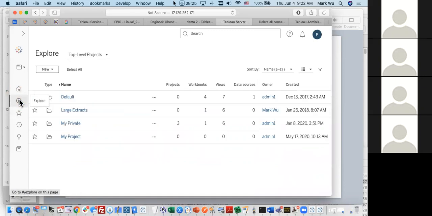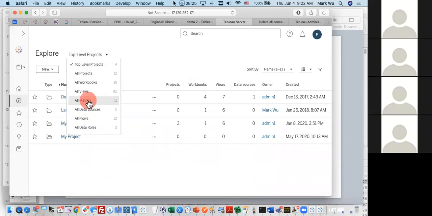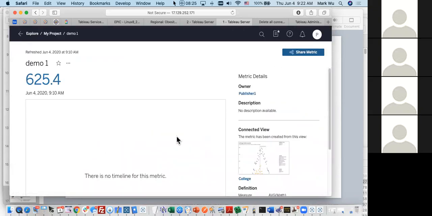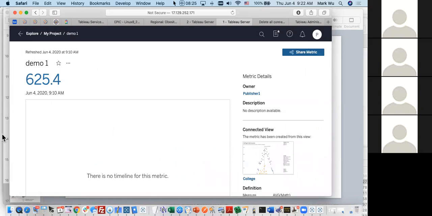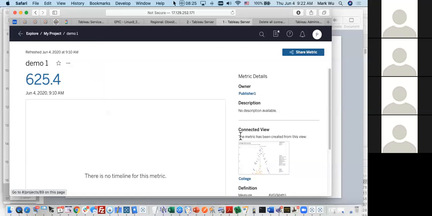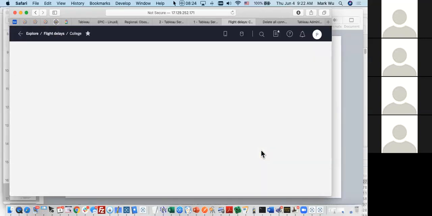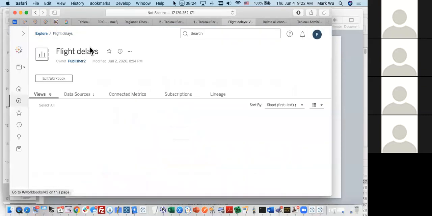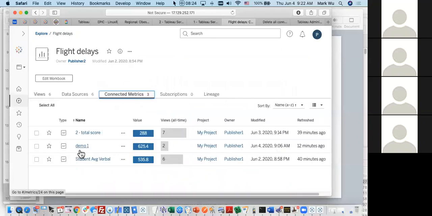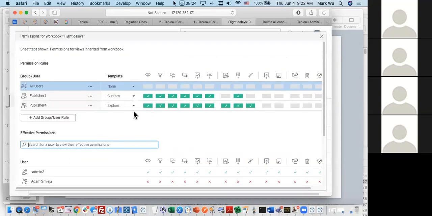Let's go find the metrics we created the first time, that demo 1 metrics. The demo 1 metrics, as you can see, is based on this view called Flight Delays. This view is given only to 2 users. Only 2 users in the company have visibility of this data. Let's say this is pretty secret data, and I'm the owner of this workbook. I only shared it with 2 more